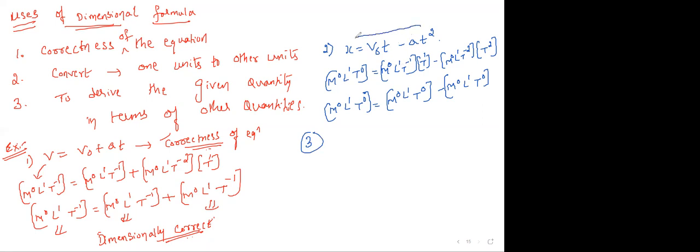Students, actually this equation is physically wrong. Correct? Physically it is wrong, because there is no half term here. What's the standard equation? X is equal to V naught T plus what? Half AT squared. X is equal to V naught T plus half AT squared. But even if I do not give the constant value, we can say that it is dimensionally correct.